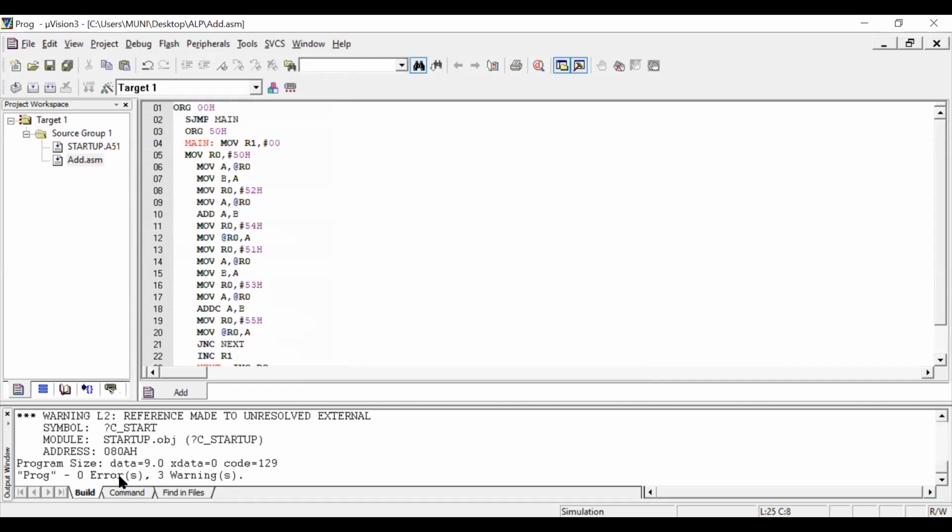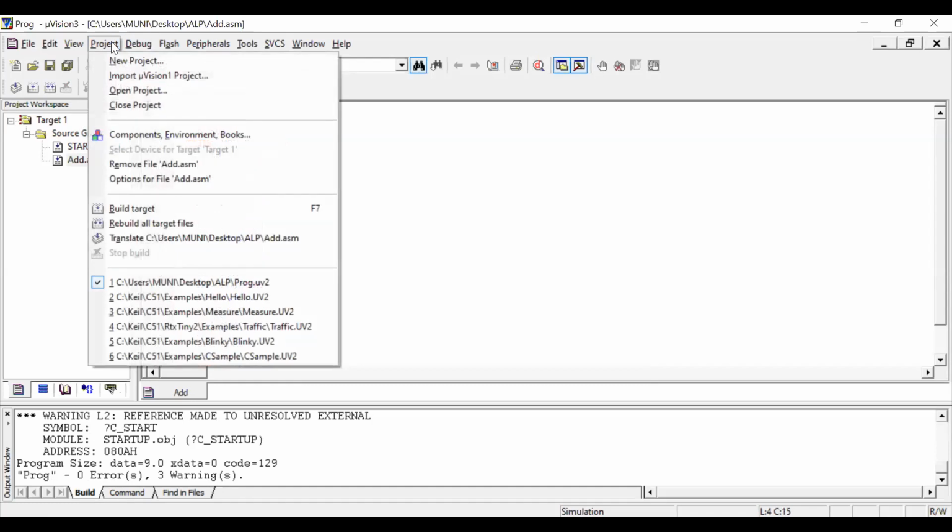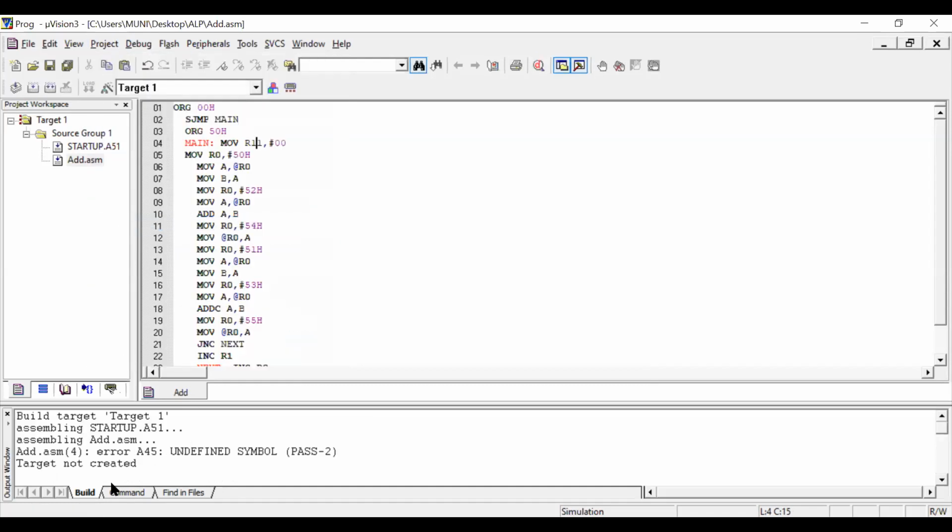Sir, if any error occurs, what will happen? Assume that here R11 is given. Save. Go to project. The first time is build, the second time rebuild. Here, error at line number 4, undefined symbol.